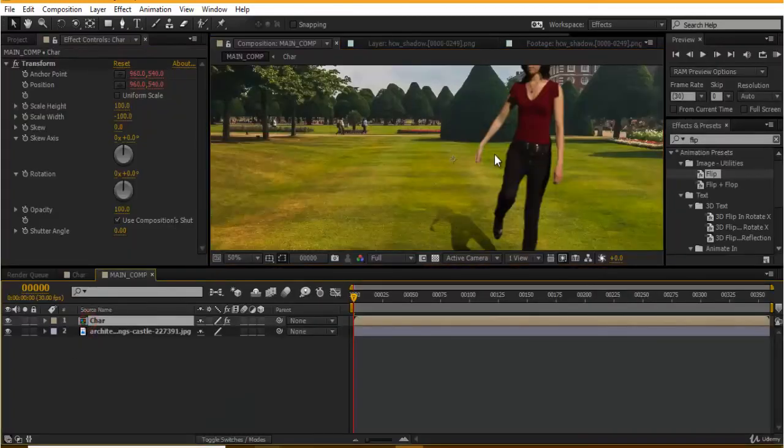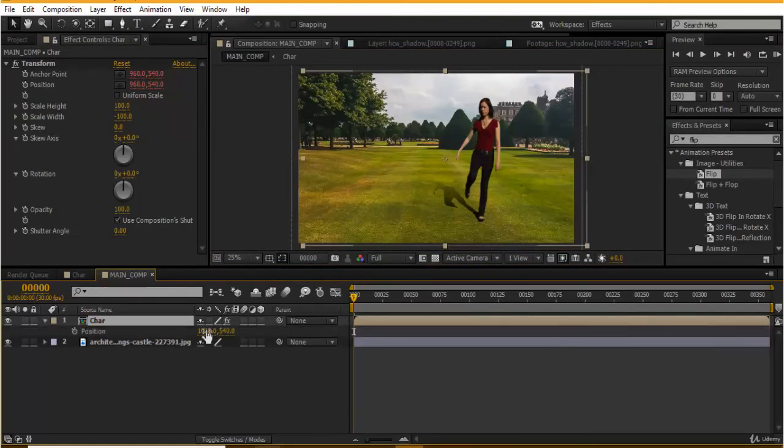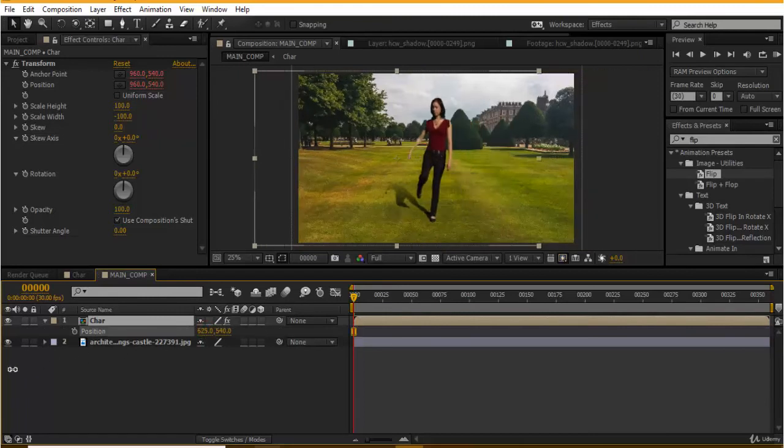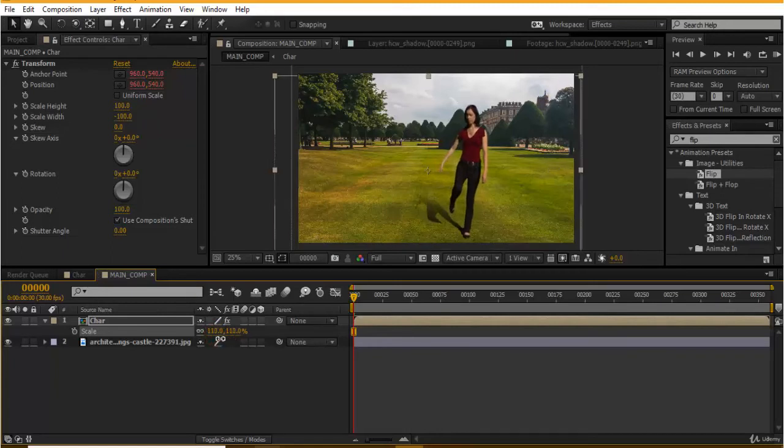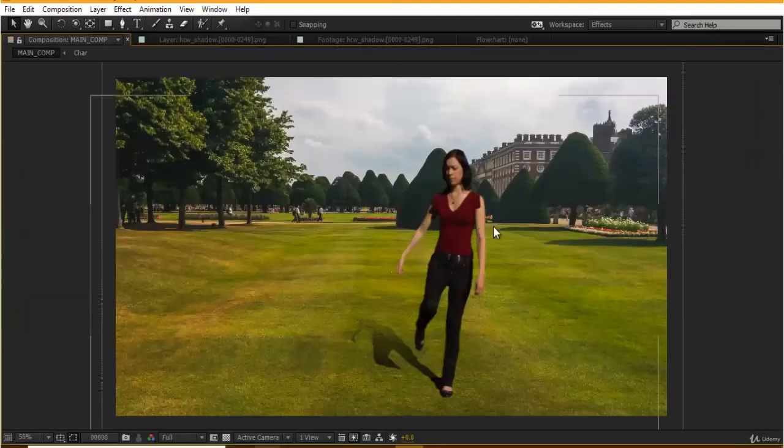Now again we need to do some positioning of this. You can position this anywhere you want. You have to make the positioning very natural, and right now if you play this,